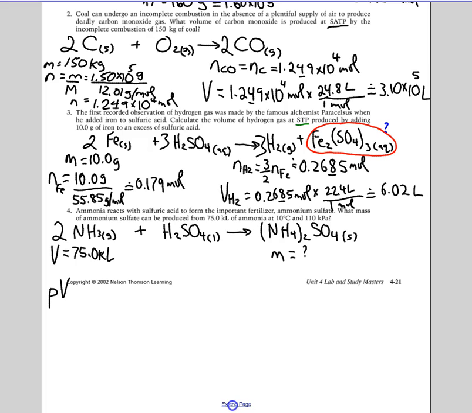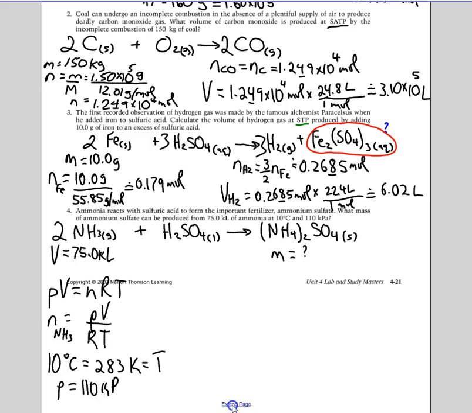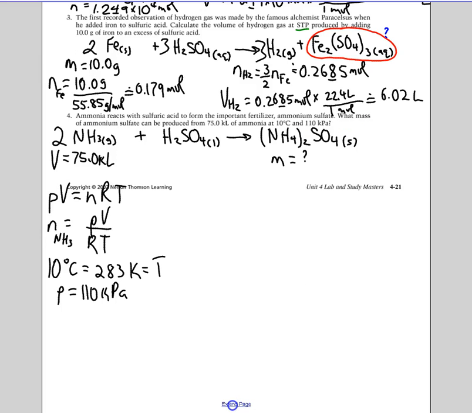and in this case the ideal gas law will allow us to calculate a number of moles for a gas under a certain pressure, volume, temperature condition. So here, a number of moles of this gas for NH3 would be equal to the pressure volume product divided by the gas constant times its temperature. So we just need to do some conversions here before we move ahead. 10 degrees Celsius is 283 Kelvin. We have a pressure already provided that's given at 110 kilopascals, and we have our ideal gas constant, which is 8.31